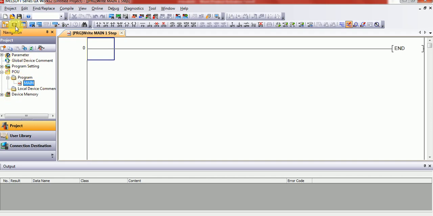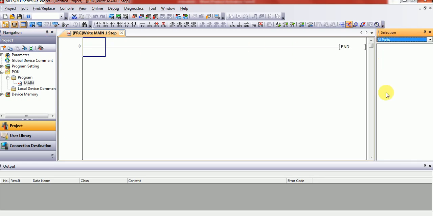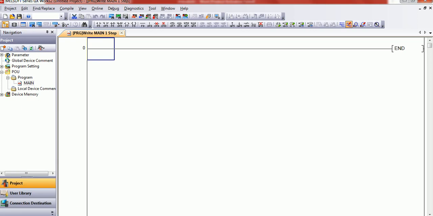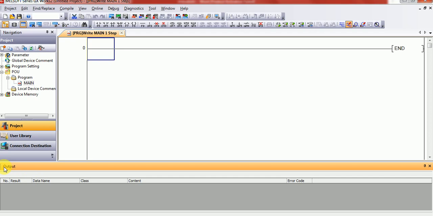And the other one is the function block selection. Function block is this part. If you select again, then this window will be gone. And the last one is your output window. You can see there is no window here, and when I press again, there is the output window. It will tell you if there is an issue in your output or a compiling issue, and it will show you the message. Now, the main part is our programming tools.